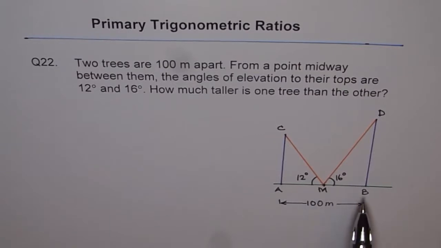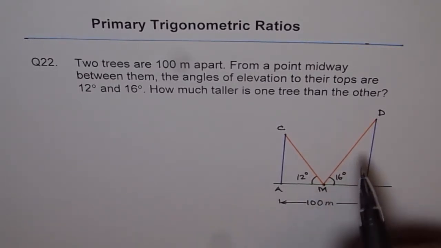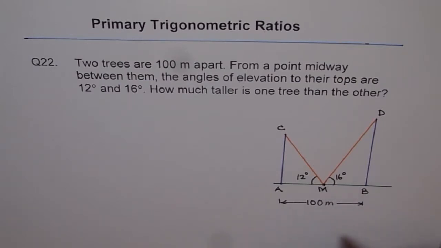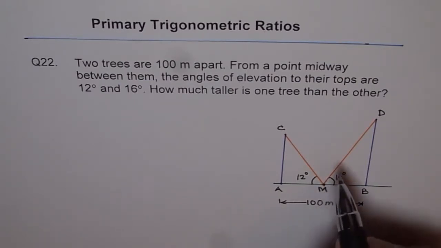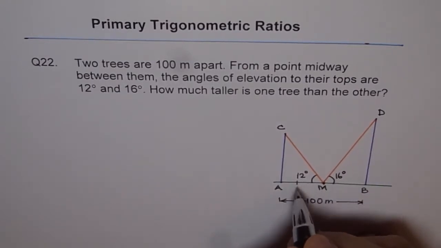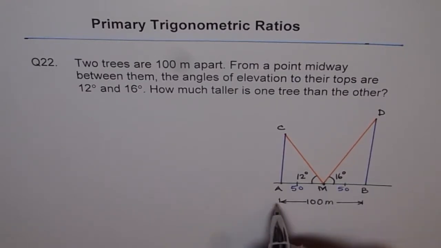So here is a sketch which is not at all to scale. The angles 12 degrees and 16 degrees look like 42 and 46 degrees here, but in any case, for clarity, I have drawn it like this. These are the two trees, AC and BD, which are 100 meters apart, and the angle of elevation from the midpoint between them is 12 degrees and 16 degrees. The distance from the midpoint is 50 and 50, so this will be 50, and this will also be 50, since this is the midpoint and 100 is the